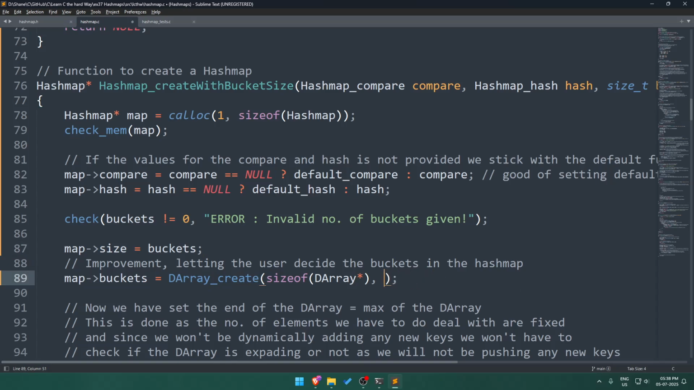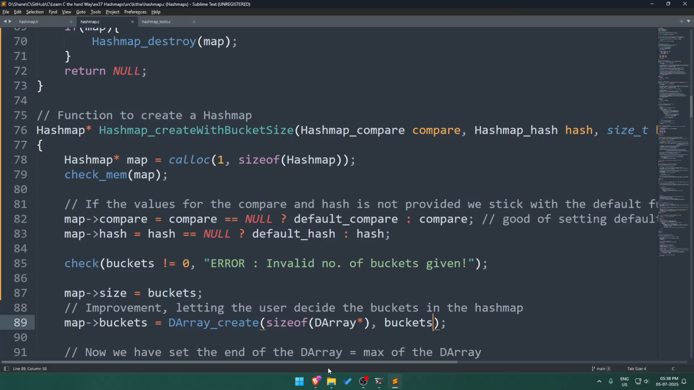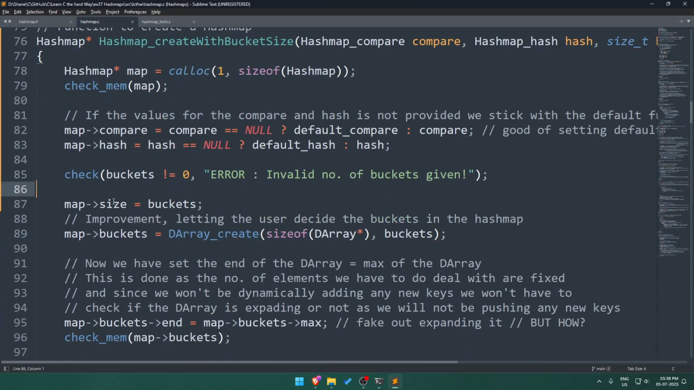Okay, then we put in here buckets, okay, literally, so I didn't do anything. Okay, so I size_t buckets and we, okay,